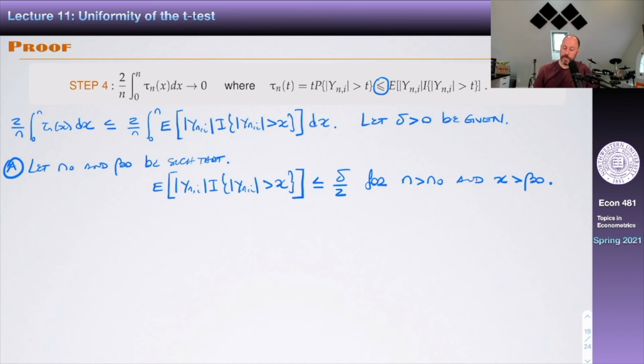This follows from, I'm going to write it here again, this Spades condition, right? Because the Spades condition says that this goes to 0. So let me just pick an n large enough and an x large enough so that this happens. Okay, good. So now B